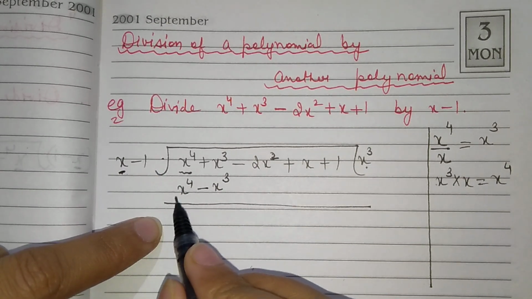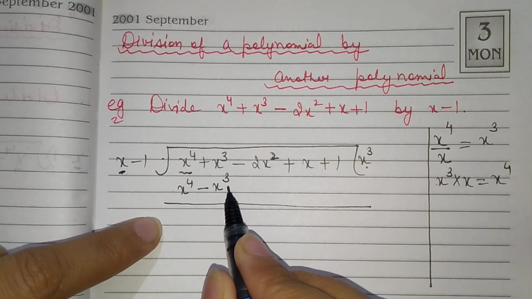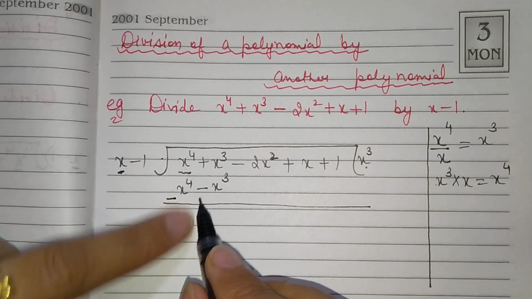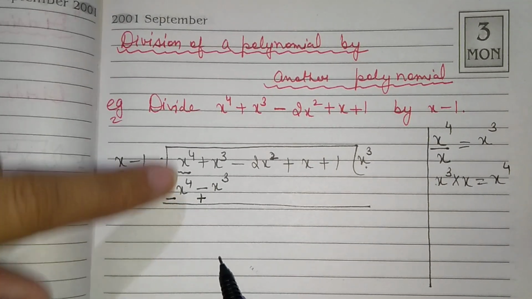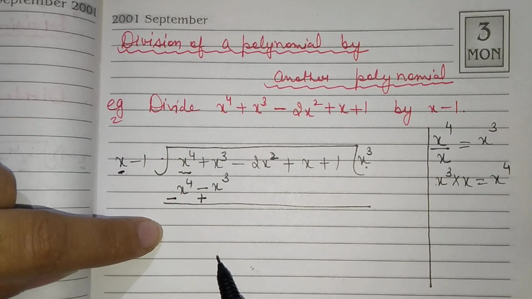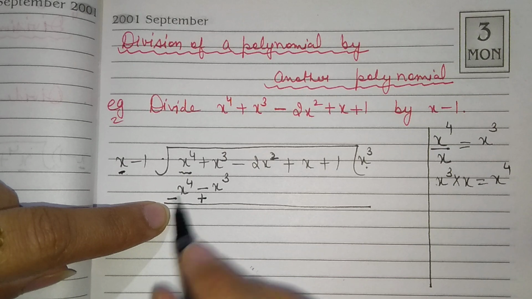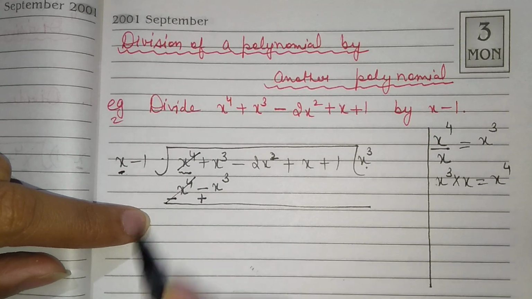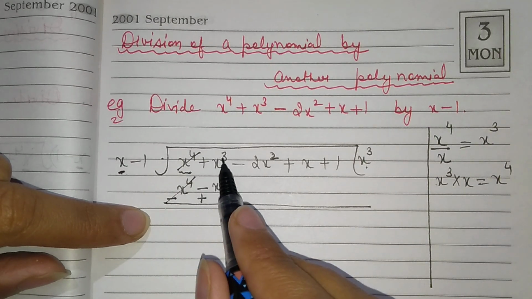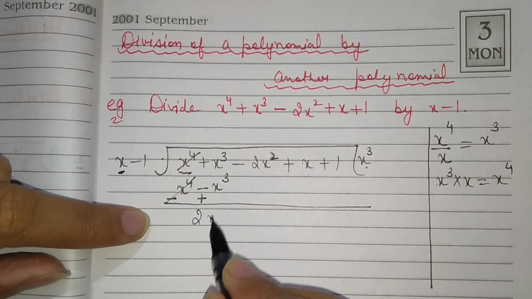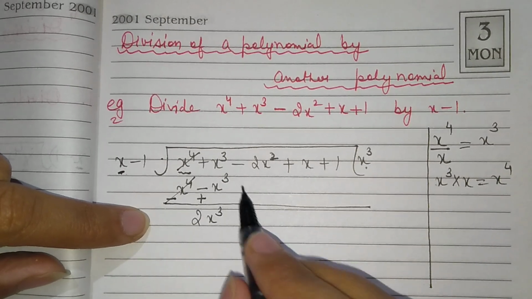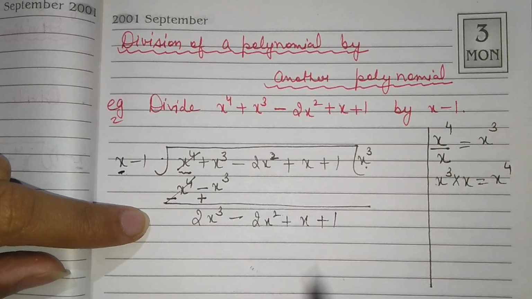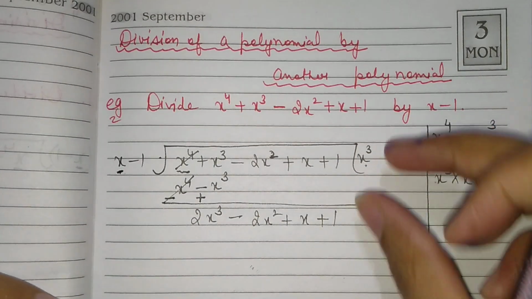Then the next step is to change the signs of these terms which are written here. This is positive, now negative. This is negative and now it will be positive, because what we have to do here is subtraction. That is why the signs of these terms are changed. Now we can see this is a positive term and this is a negative term. Cancelled. After this, plus x cube, total 2x cube. And the rest of the terms will be written the same with same signs.